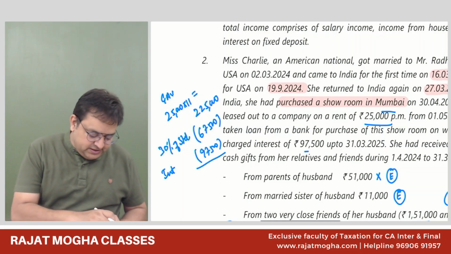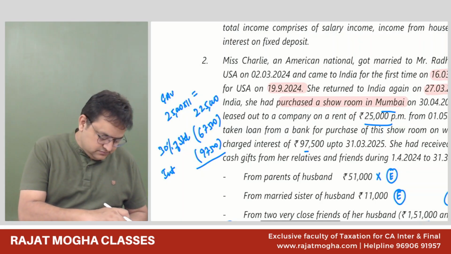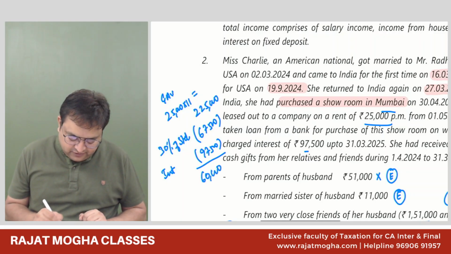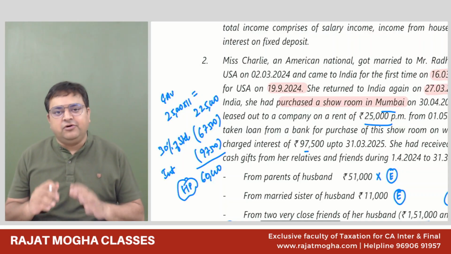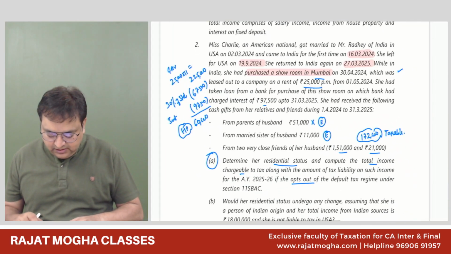So house property income is 60,000. That is her house property income. Whether she is resident or non-resident does not matter. This income is always arising in India. Now, the second thing is that